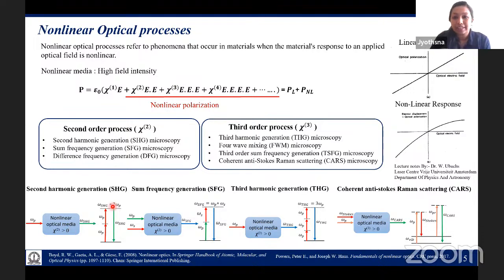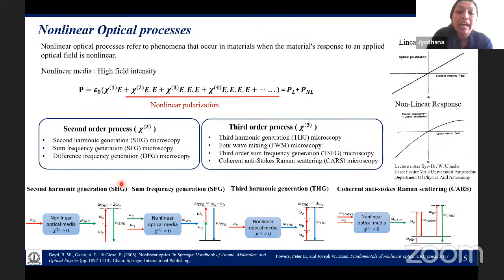So I'll go into detail on the sum frequency generation process, because we are using this particular method for up conversion in this work. Before that, I'll brief about second harmonic generation. In second harmonic generation, photons of the same frequency are absorbed in the nonlinear media, which has a strong chi2 component, resulting in the generation of a new photon at twice the frequency